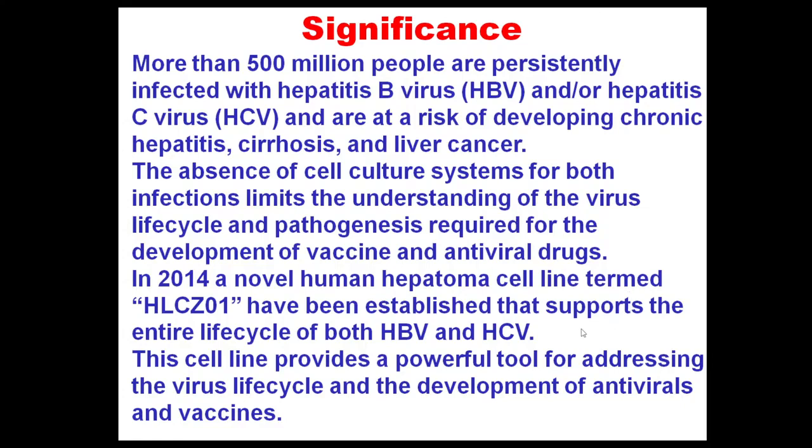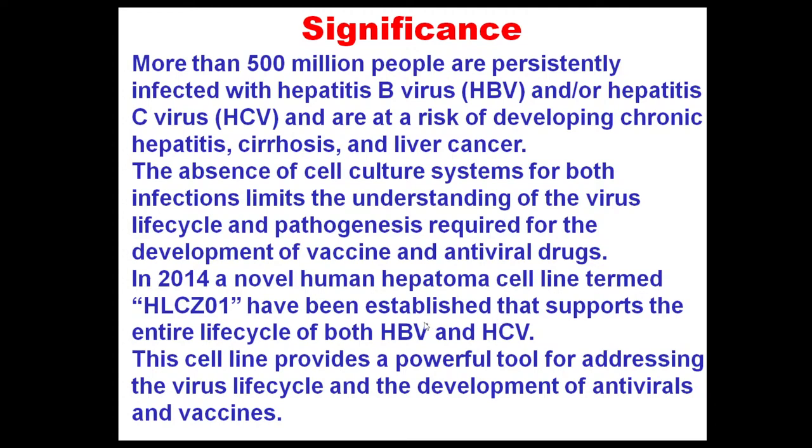And that is important because modeling the infection in animals helps us to understand the virus life cycle and the basis for pathogenesis, and culturing of the virus is also required for development of vaccines and antiviral drugs. So within the last decade, a lot of research groups have been working on the hepatitis viruses, and